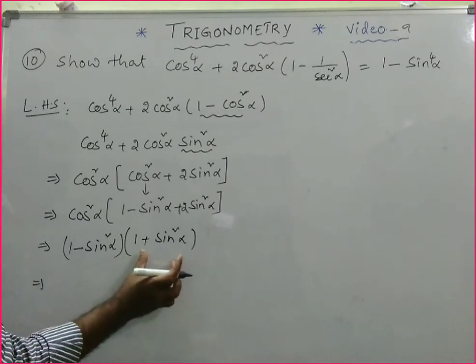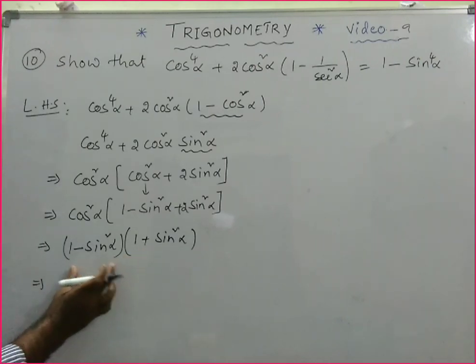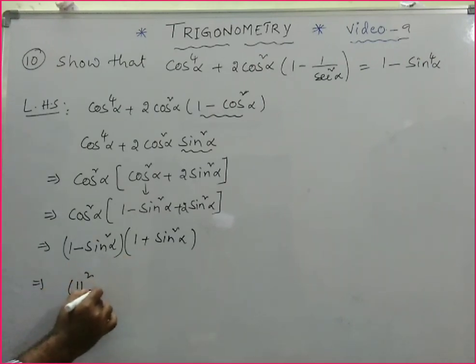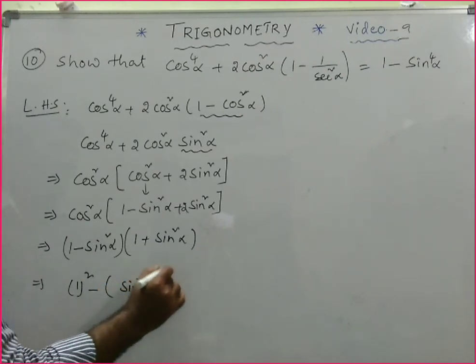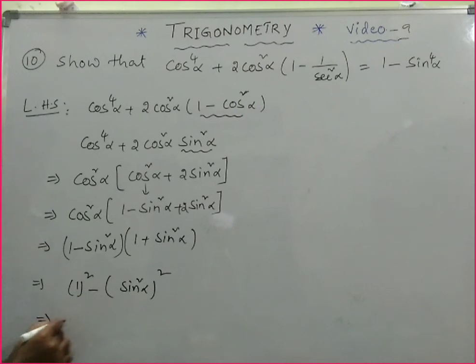So you see, this is just like a plus b into a minus b. A square minus b square. So 1 square is nothing but 1, minus sin square whole square is nothing but sin power 4 alpha, which is RHS. So if you think about the fundamental concepts from trigonometry, we can solve the same